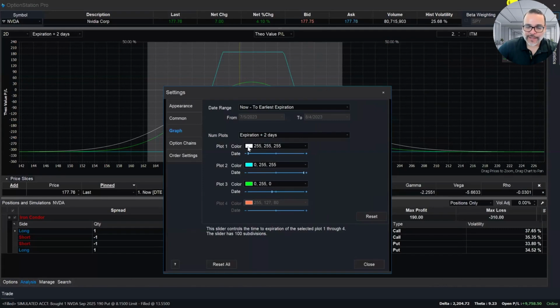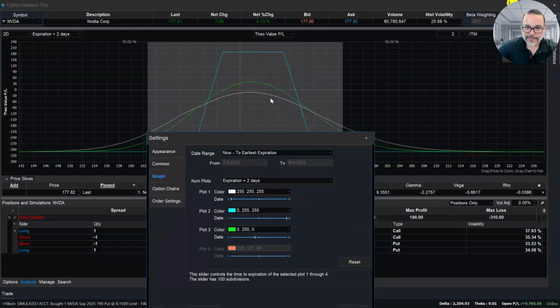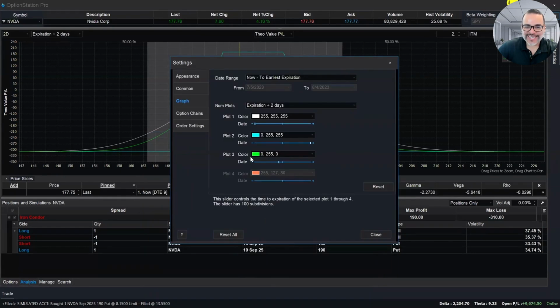Usually we want to see what the value of the option is right now and what the option value would be at expiration. The green line, which is the one that shows a little bit of profit, is a future date. So in this case, I'm looking at the legend right here on the top right corner, and you can see that the green line is September 14th. So today is September 10th. September 14th would be Sunday, which is not a trading day, but we can say, let's push that a little bit further